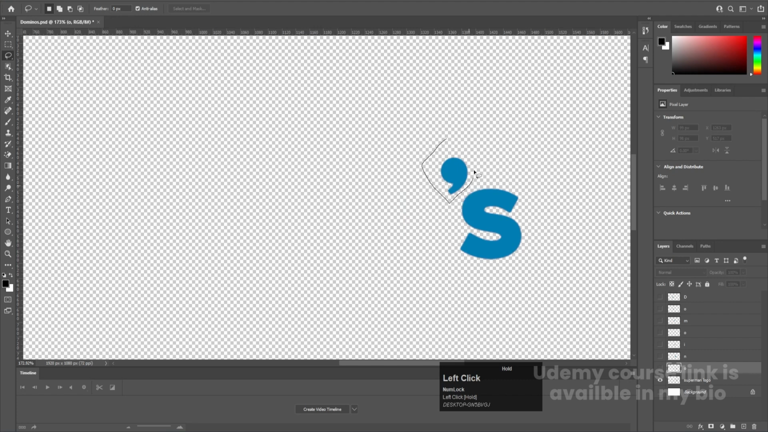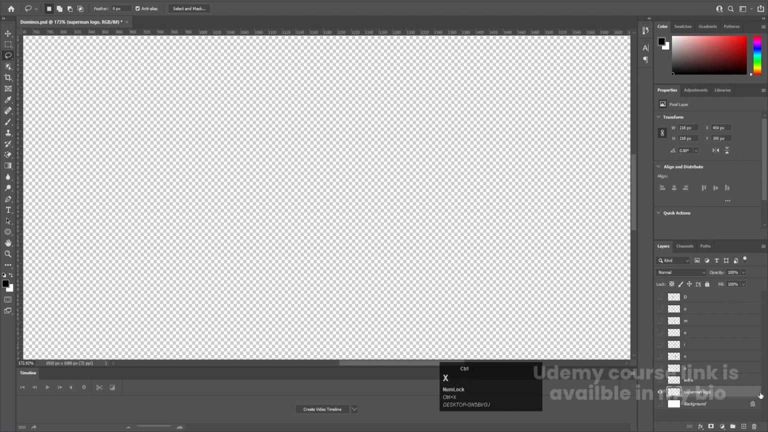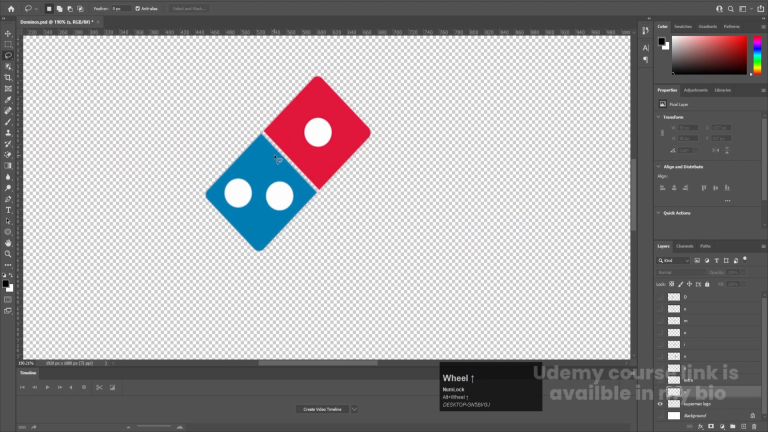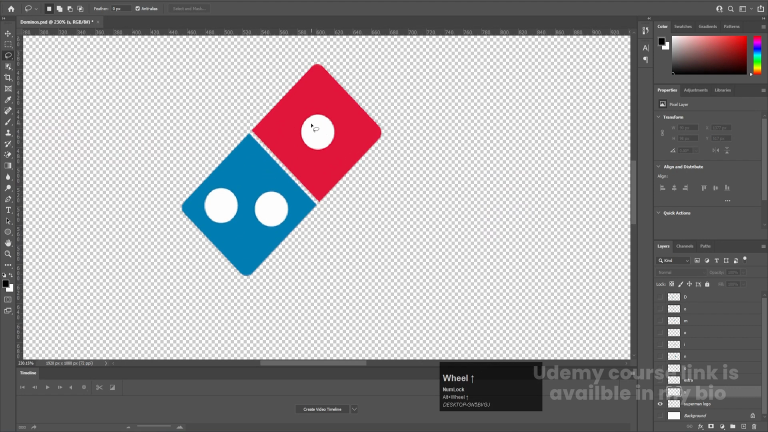and we will select this extra portion as well. We will call it extra. So hit Ctrl X, new layer, Ctrl Shift V, and let's call it extra like that, and let's hide this. Then we have this S, Ctrl X, new layer, Ctrl Shift V, let's call it S, and let's hide this. Now we have these two portions over here like that, out of which I don't want this